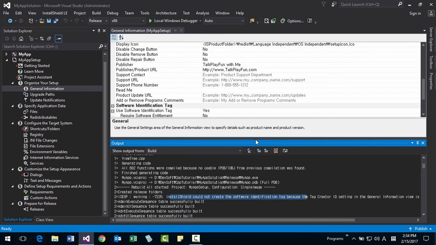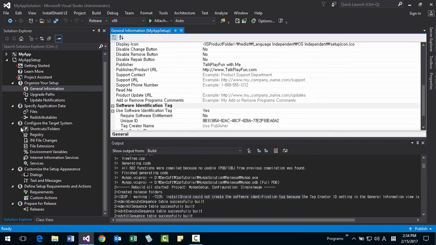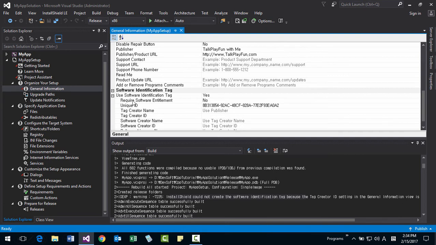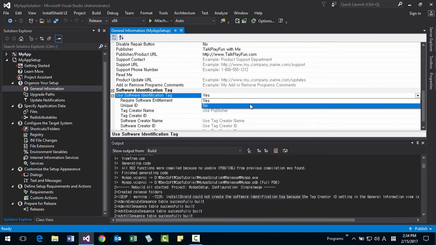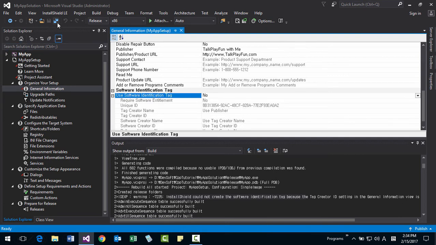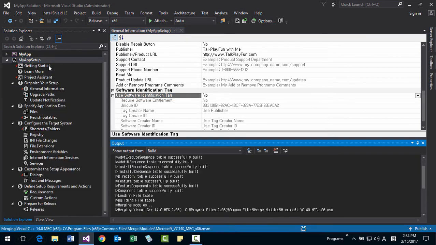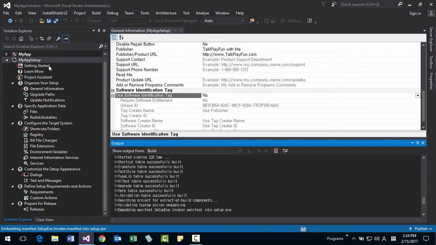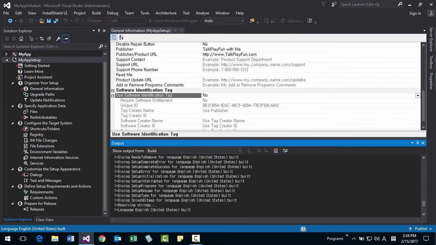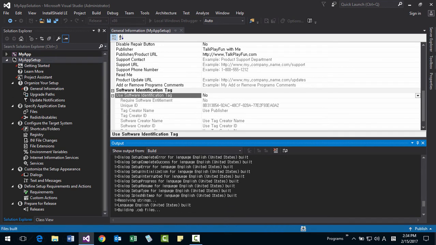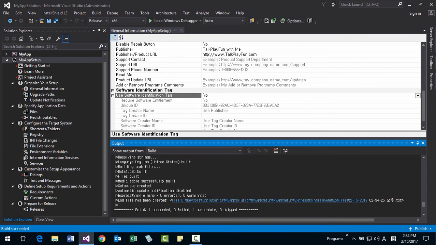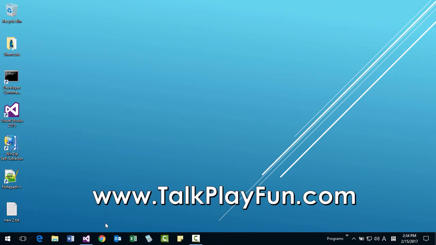I will remove it. In the general folder, scroll down. Use software identification: no, I will select no. I will save it and I will build. Just build. With no warnings, no errors. Okay, now succeeded. Now we have built our software